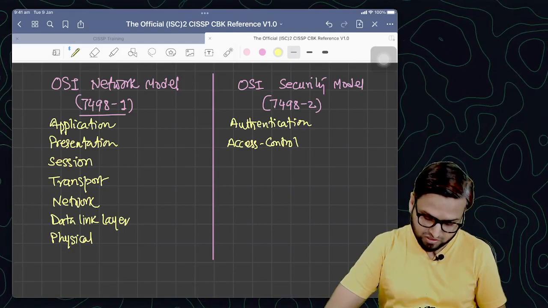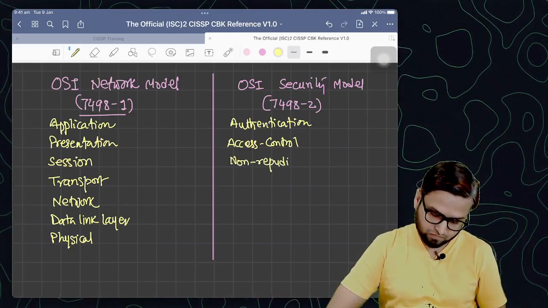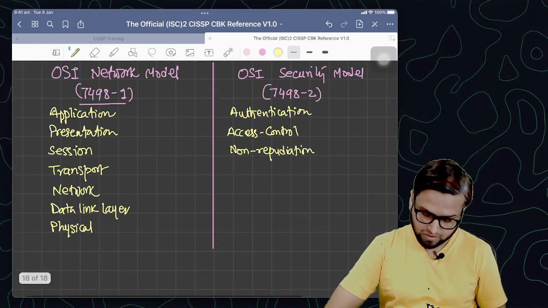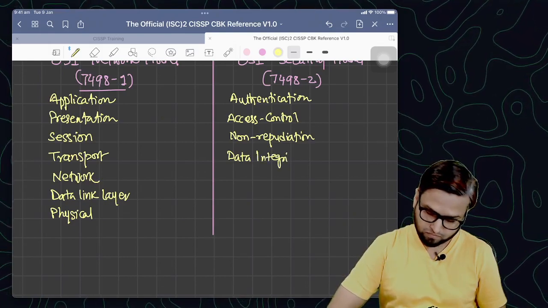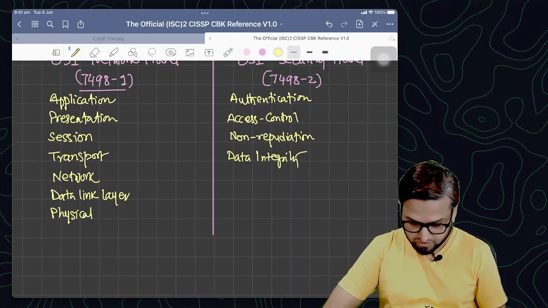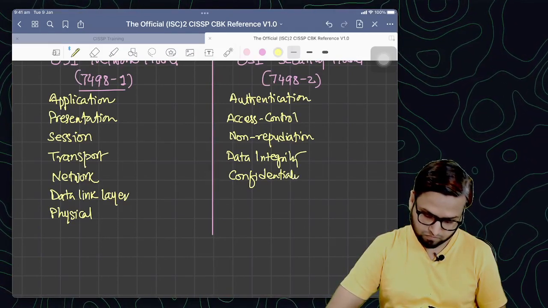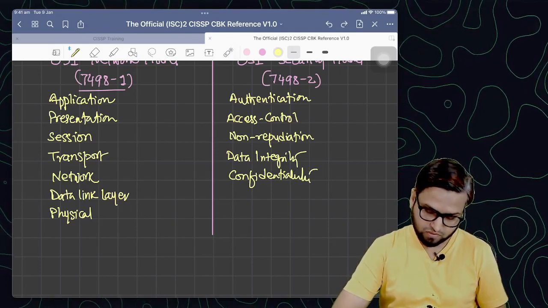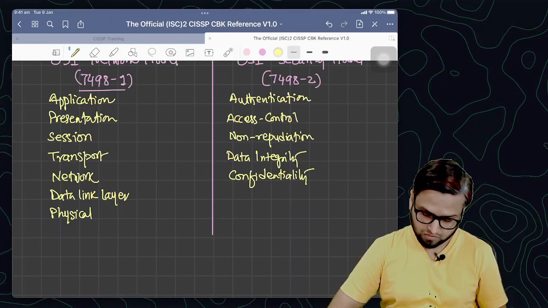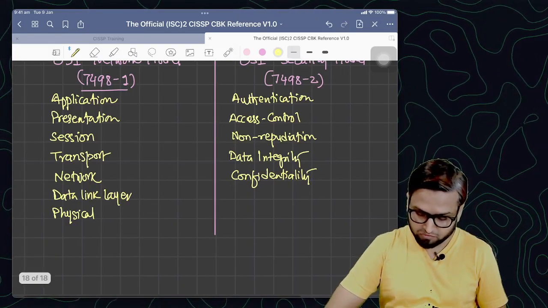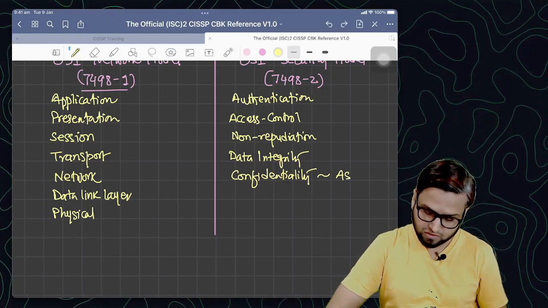Then you have non-repudiation. Then you have data integrity, confidentiality. Then you have confidentiality, which is also called assurance in this model,